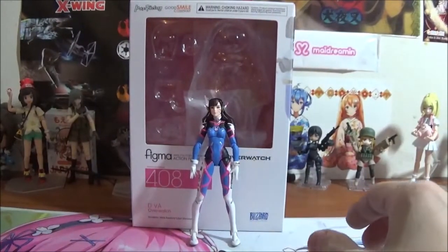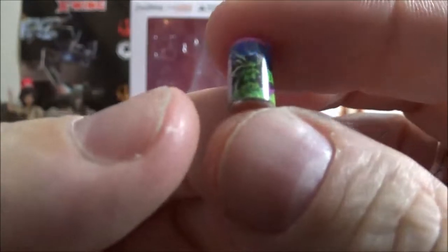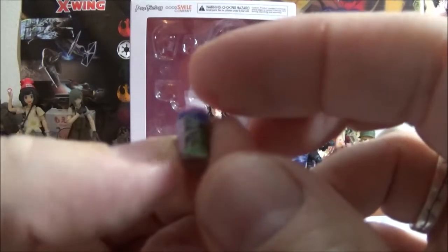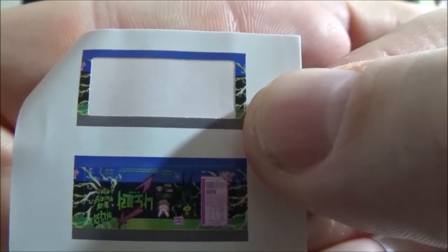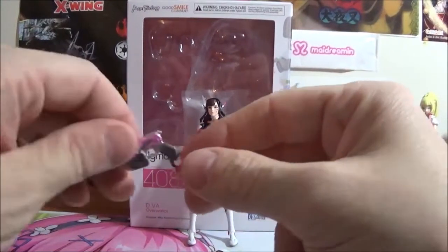So along with that, she also comes with a can of soda or energy drink, whatever you want to call it. And the can actually comes without the covering on it. It is a sticker that is applied by the purchaser, and it comes on with this. So there are 2 stickers that you can use. Pretty much the same sticker, but you get 2 of them, so in case something happens to that one, you have a second. Then she also has her pistol,